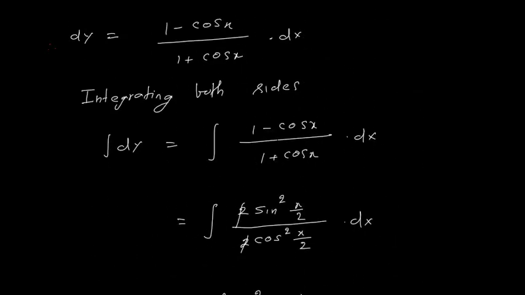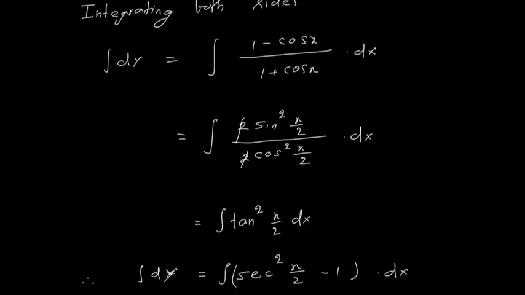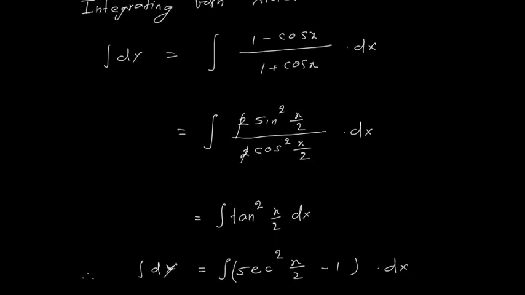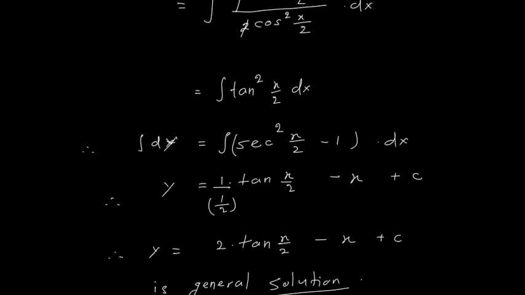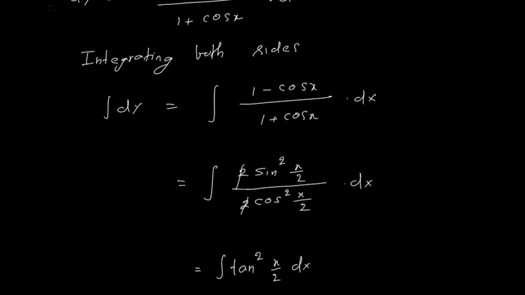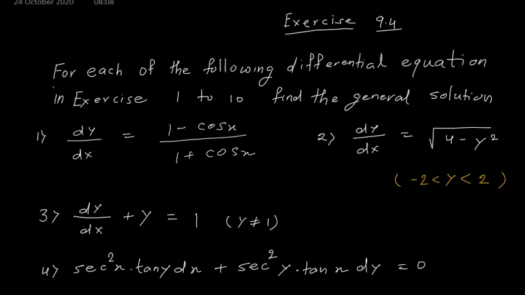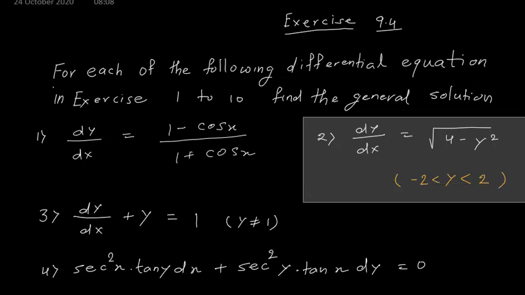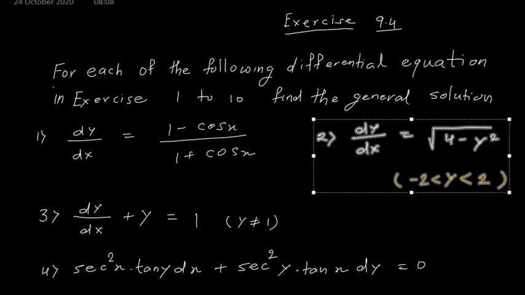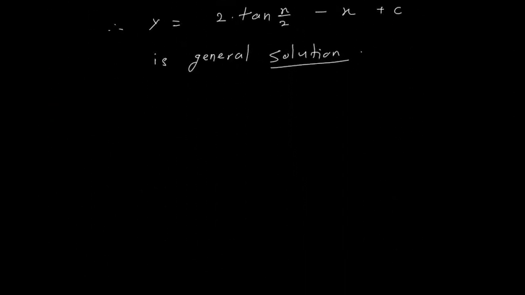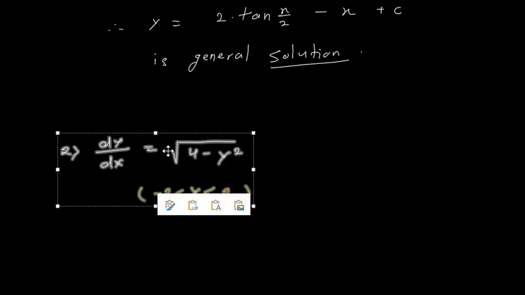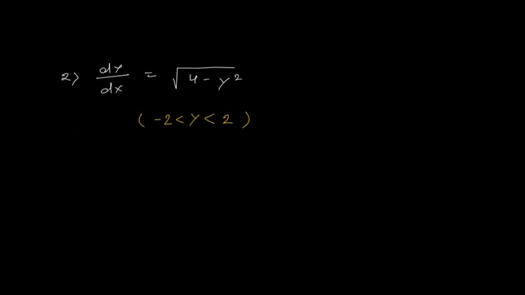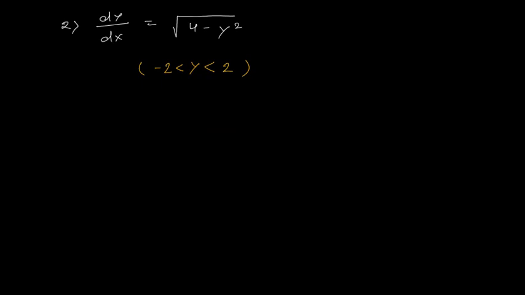Okay, so what we have done here is we have separated all x terms with dx, and if there are y terms then with dy, and then we have integrated. So in this method your major work is to integrate. That means if you are very good in integration from the last chapter, this topic is very simple for you. Now let us see the second question.